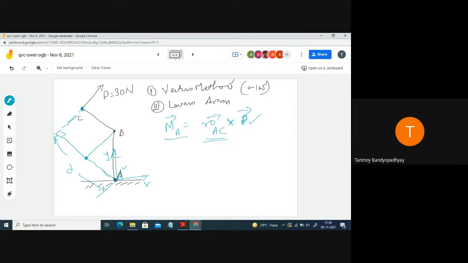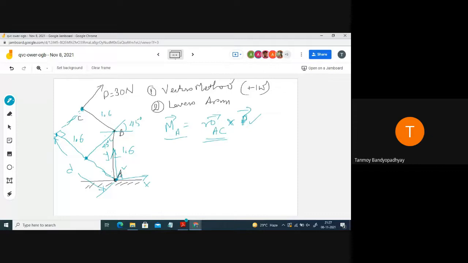This one was 1.6, and again this is 1.6. What else was there? This was 45 degrees. Everything is 45 actually. What I intend to tell is that if this is 45, this one will be 45, and again this one will be 45. Okay? So every angle is 45 here, and this one is also 45.